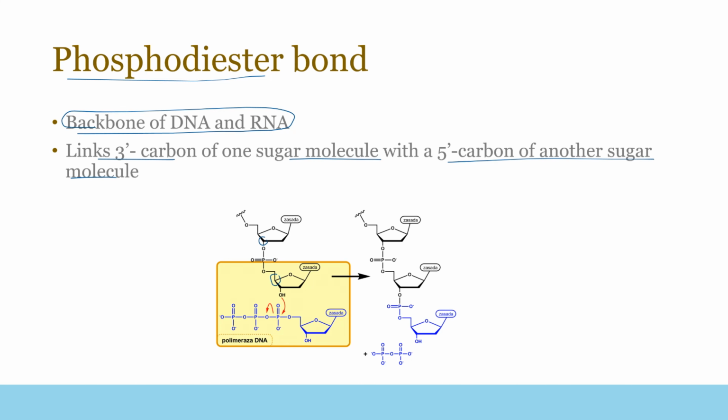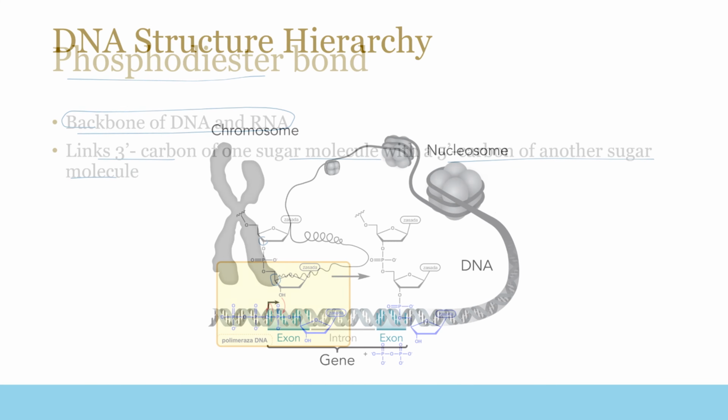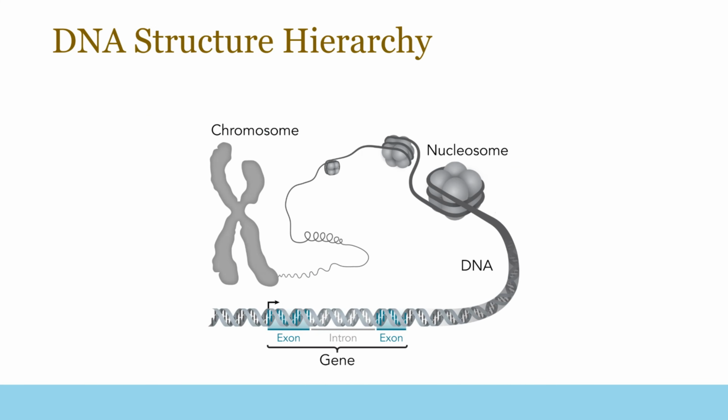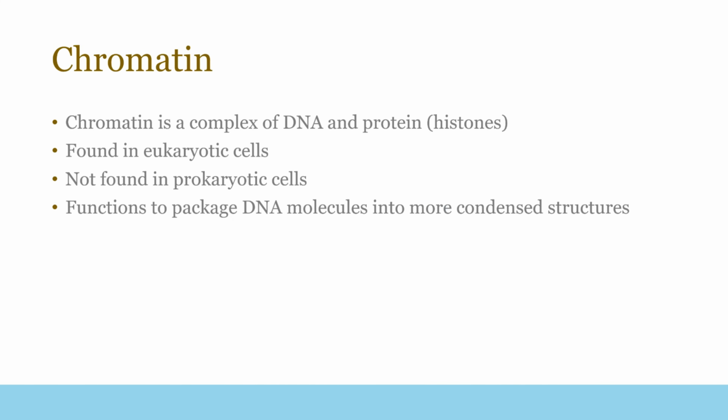So if it's DNA, it'll link the 3-end carbon of one sugar molecule, one deoxyribose, with the 5-end of another deoxyribose. For DNA to be packaged into the nucleus of a cell, it needs to be correctly and appropriately condensed. This is the function of chromatin. Chromatin is a complex of DNA and proteins,